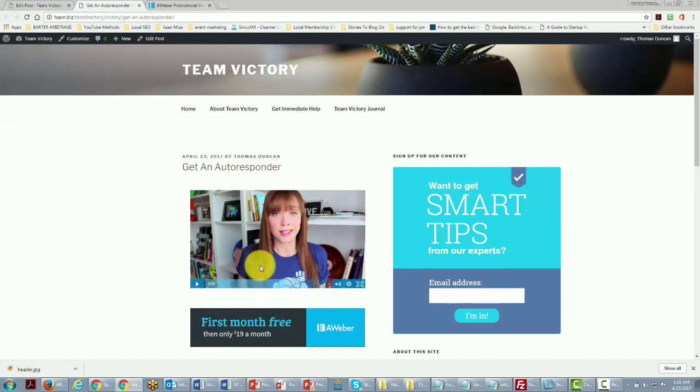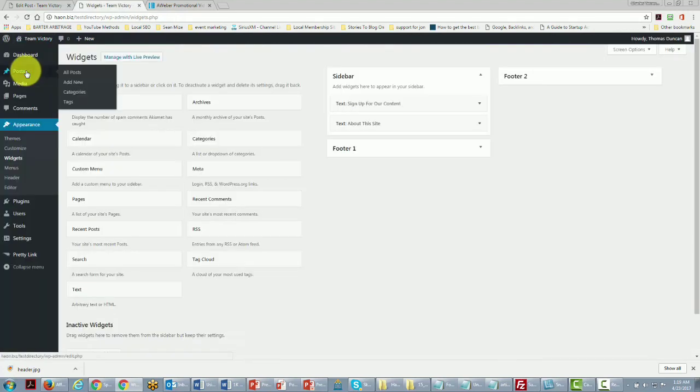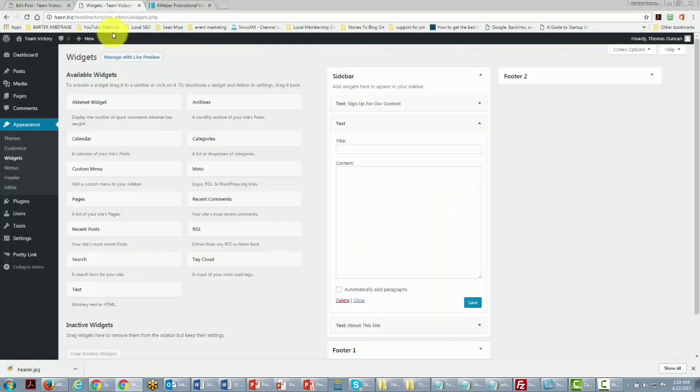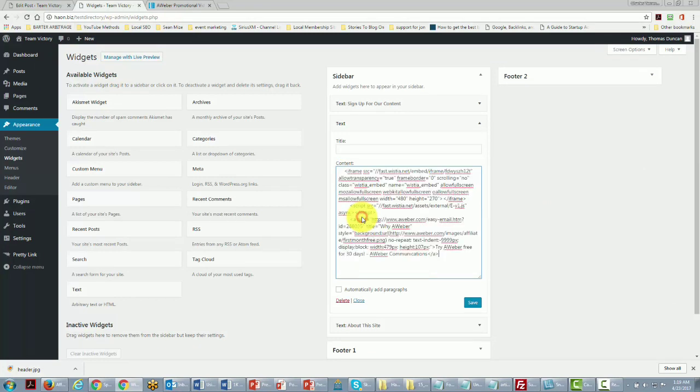Now, one of the other things we can do is the very same thing that we did with our autoresponder code: we can put code in our widgets so that it will appear on all of our pages. In order to do that, all we need to do is go back to this area and find our widgets. And then we can take another text box. In that text box, all we've got to do is put our code in this area again. We'll click Save,